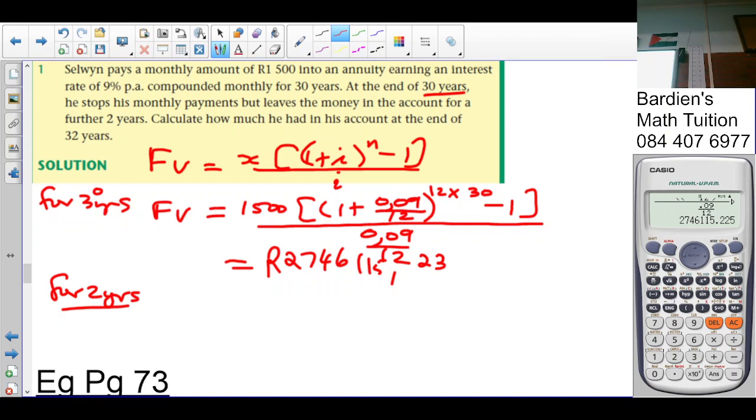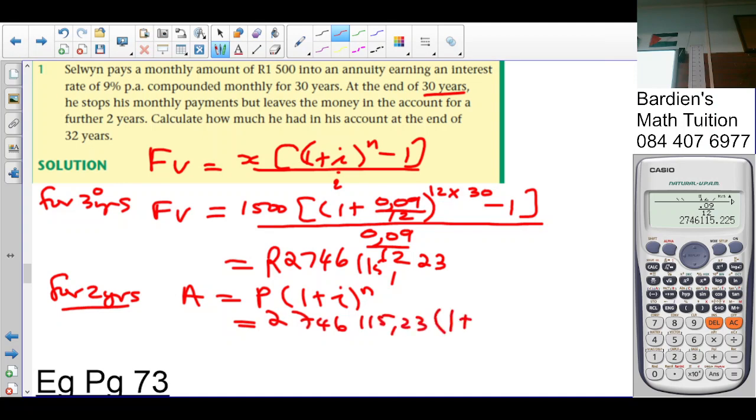So what's going to happen for the other 2 years? The rent interest using the compound formula. A is equal to P into 1 plus i to the exponent n. What's your P value at this stage? So that is the amount lying at the end of 30 years. No? So it's 2,746,115 rand and 23 cents into 1 plus